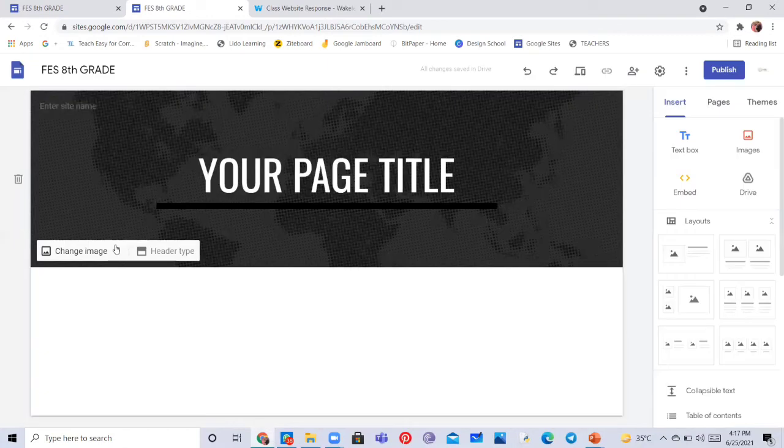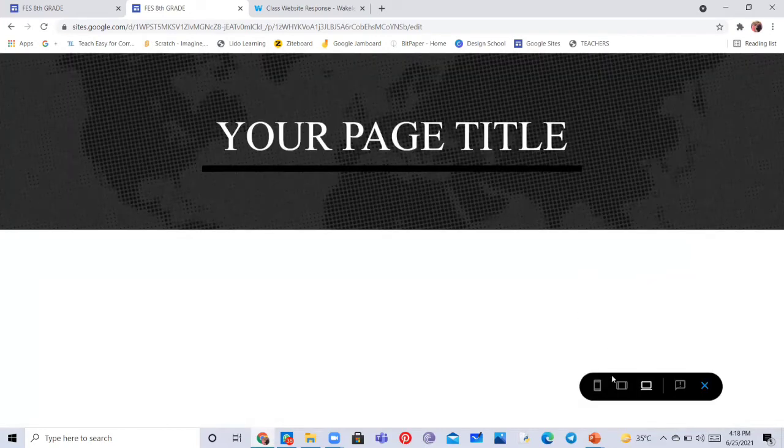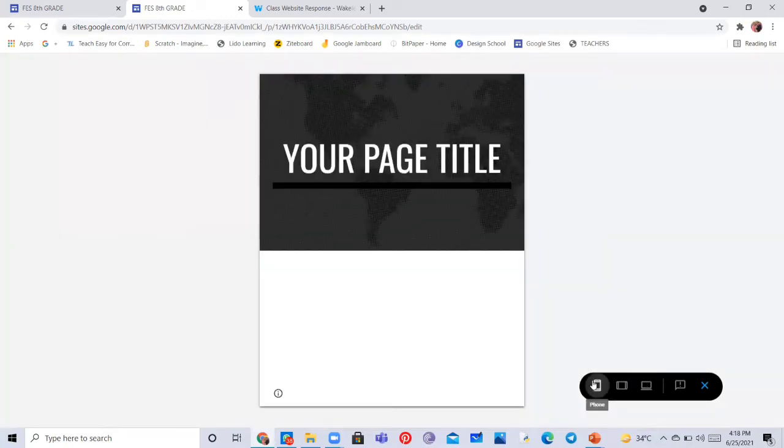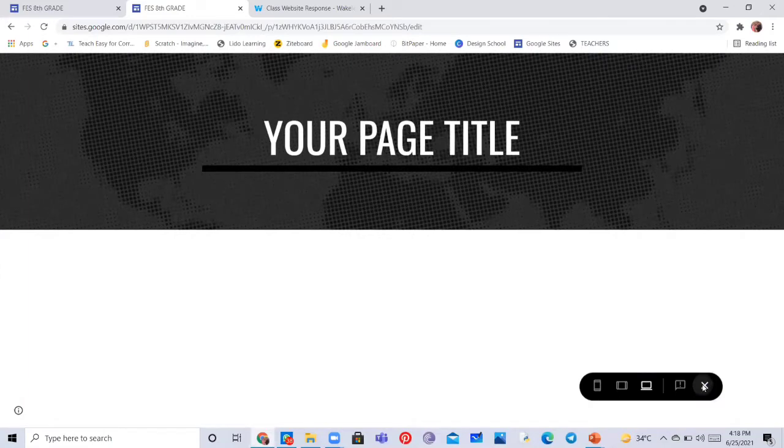But if you choose to upload, then if you go on preview, like if you choose the gallery images, you will see that if you move from tablet to phone or to laptop screen, it will change its shape and resize according to the screen size.